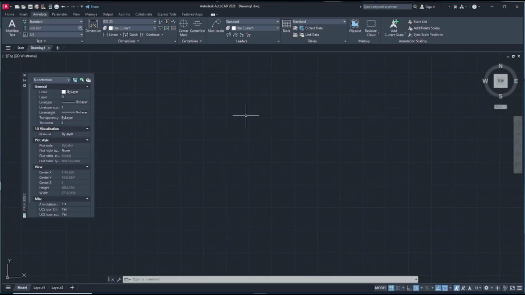Hello everyone, today we are going to learn a basic AutoCAD tutorial: how to change line weight. So for example, I will create a line object. You can type line, press enter, and then I will create it with a length of 100 and press